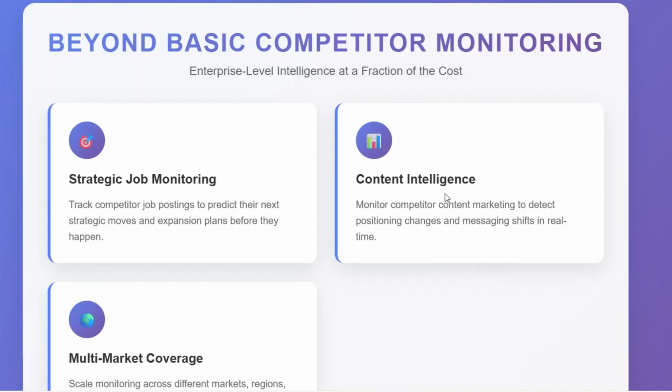To wrap up, we've built a complete automated competitive intelligence system with just 9 nodes for under $50 a month. But this system scales beyond basic monitoring. Track competitor job postings to predict strategic moves, monitor their content marketing for positioning changes, or monitor competitors across different markets, regions, and customer segments. The same system that tracks SaaS pricing can monitor e-commerce competitors, service providers, or any business model. This isn't just monitoring,